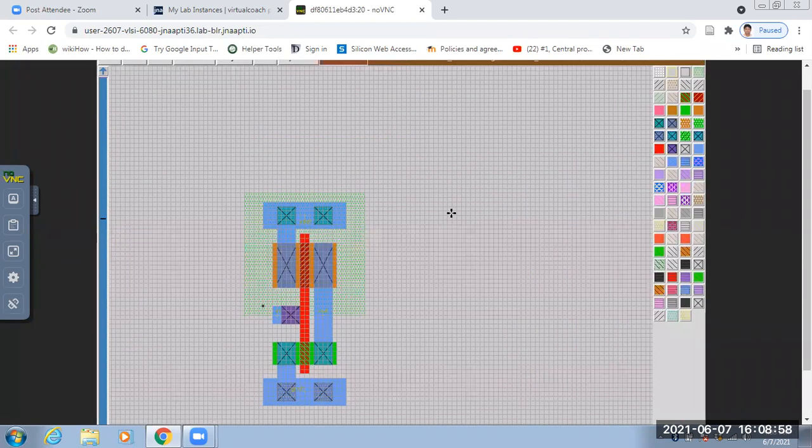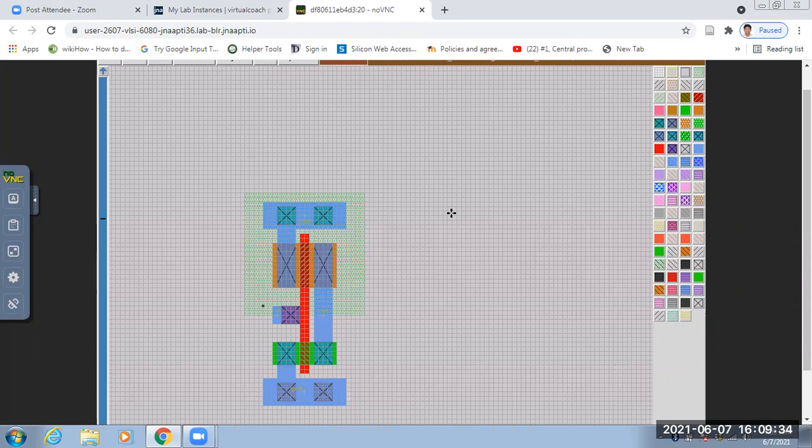Okay. So now with this dimension, can you draw a NAND gate? So this is an inverter. Okay, one input, one output. So for a 2 input NAND gate, can everybody draw a NAND gate?